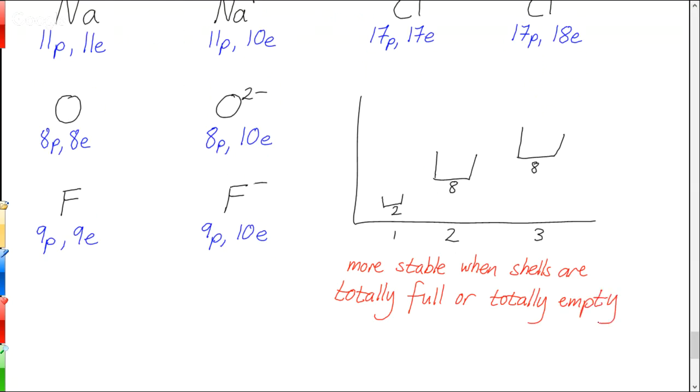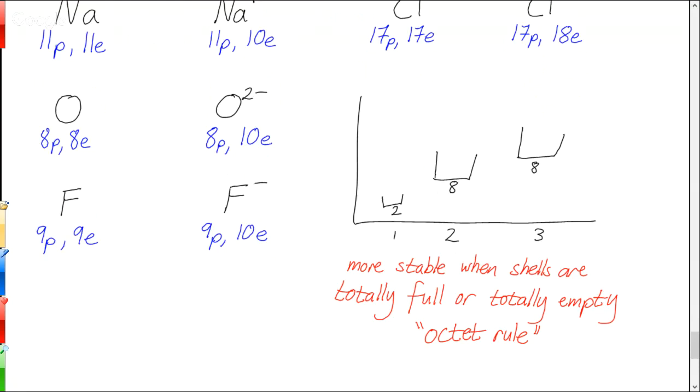So there's only a few electron counts where that's the case. And this, by the way, is called the octet rule. Because for most of the shells, there's something special about 8. That's where the octet rule comes from, even though the first one only has 2. But there's only certain counts of electrons. So if an ion has 0 electrons, that would fit. If an ion has 2, that would fit. If it has 10, that would fit. And if it has 18, that would fit. That's pretty much it.